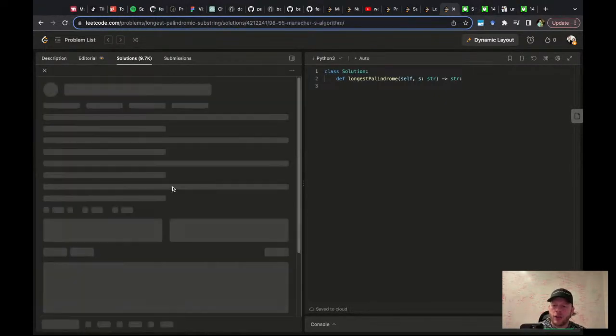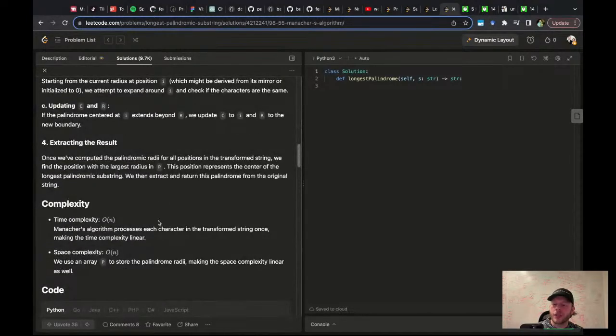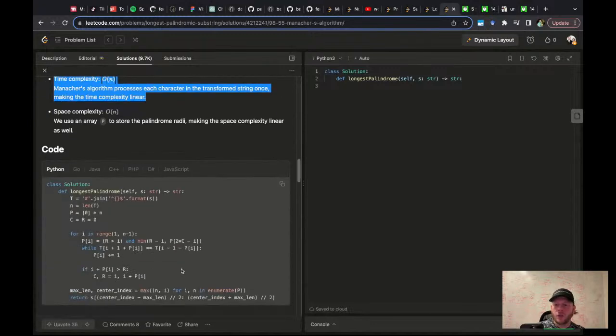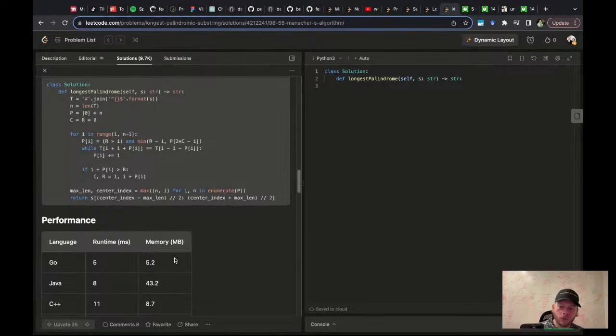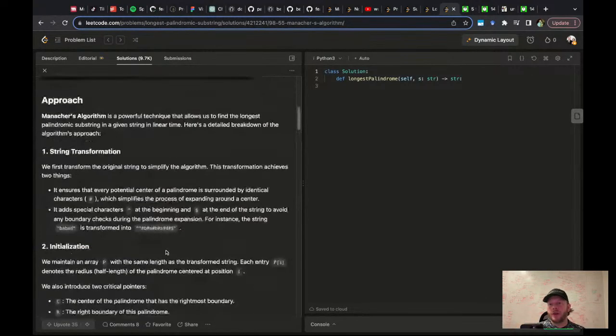All right, let's look at this algorithm. Does this get it down to n squared? I feel like you should be able to solve this in n squared. Whoa, it's O of n. See, this is one of those weird magic ones, isn't it? I mean, that's awesome. Good on them. They did this in linear.